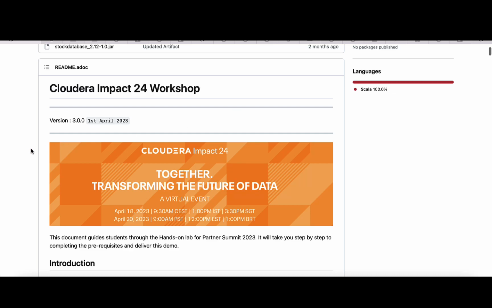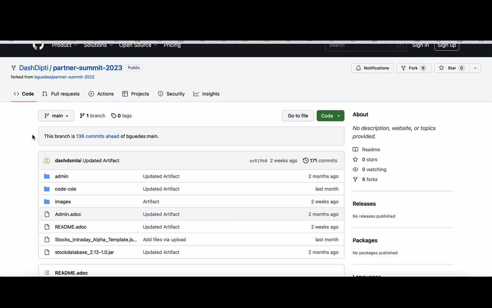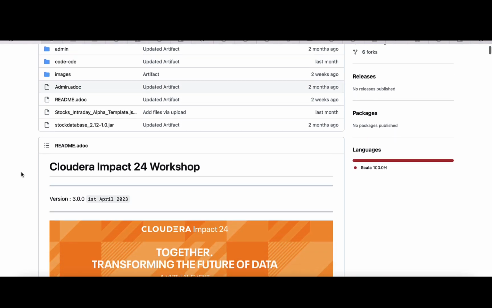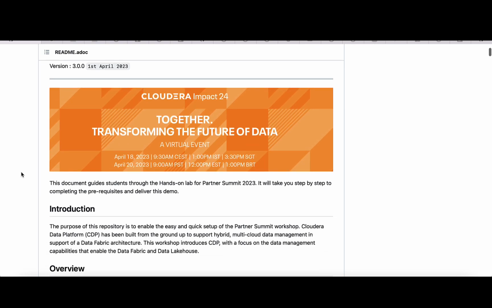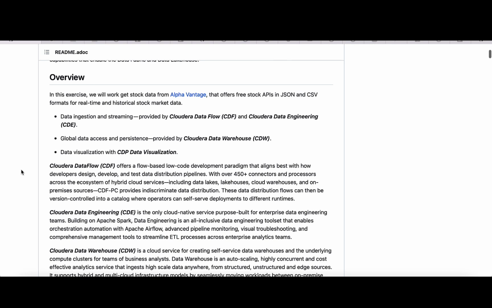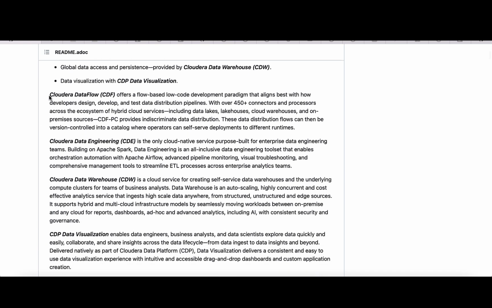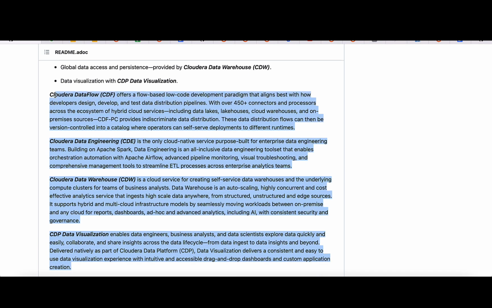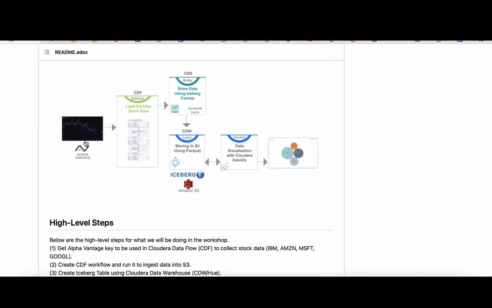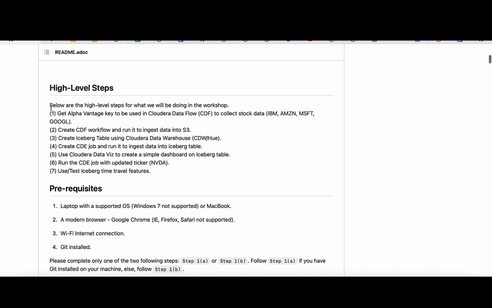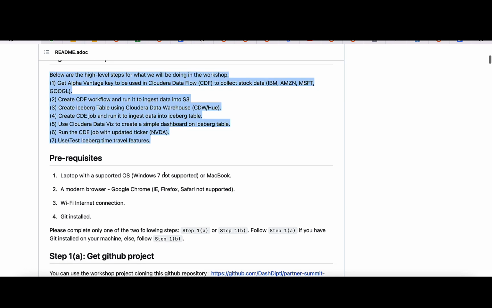Welcome to this lab. This lab is based on a use case that will walk you through a data pipeline across the most relevant so-called data services on CDP, Cloudera Data Platform. Those are the list of data services that we are going to use inside this pipeline, and the pipeline is structured in this way. We gather stock information from a public site, then ingest with the data flow, and then transform with data engineering, basically Spark, to create an Iceberg table and to visualize this table with the so-called data visualization